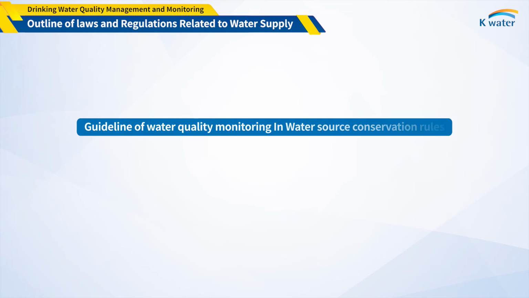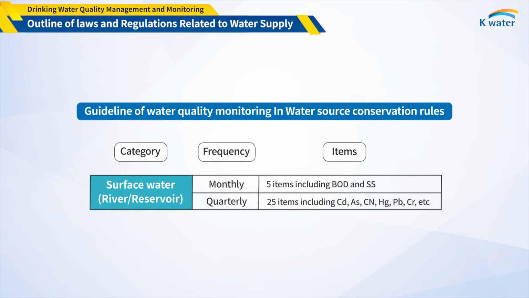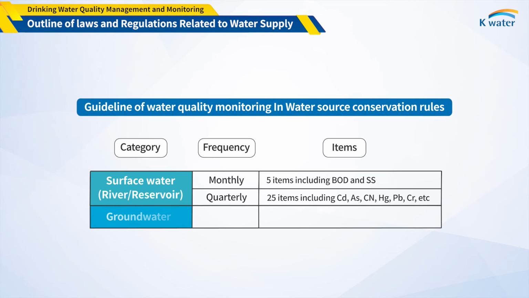We will explain the monitoring regulations related to raw water and water resources. Surface water and groundwater are generally used as water sources in Korea. Raw water quality monitoring is conducted monthly and quarterly. The monthly items are 5, including biological oxygen demand and suspended solids. The quarterly investigation is done for 25 items, focused on heavy metals and pesticide ingredients. Groundwater has better water quality than surface water, so 19 items are